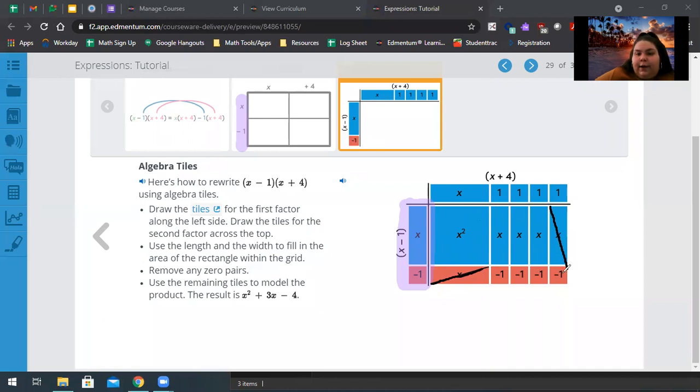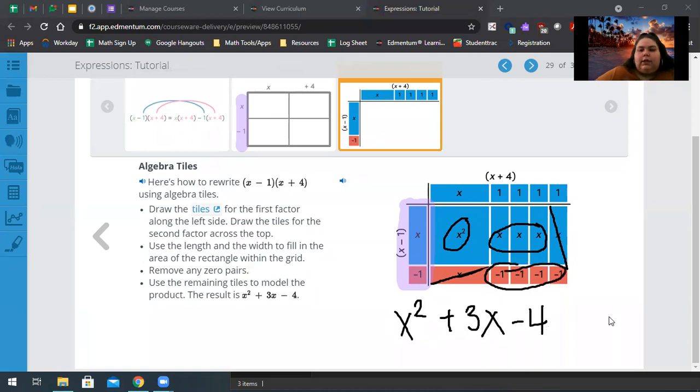So if I rewrite everything that I didn't cancel, I have 1x squared. So I'm going to write x squared. I have 3 x tiles available, so that is plus 3x. And then I have 4 of the -1s. That's your -4. So again, we've been getting the same answer. We're just applying it differently by multiplying. I recommend the first one